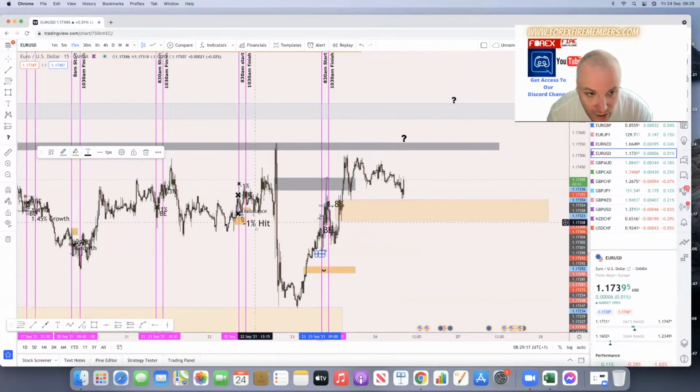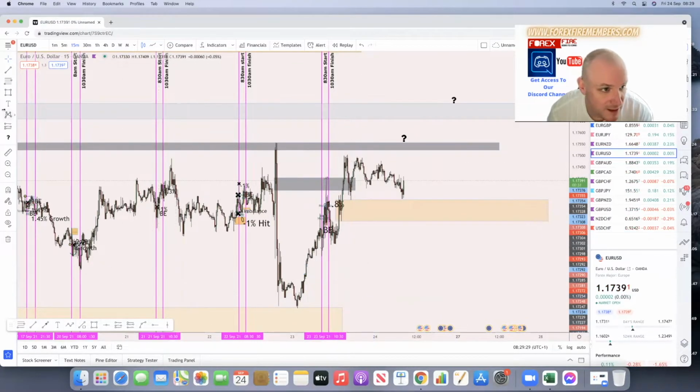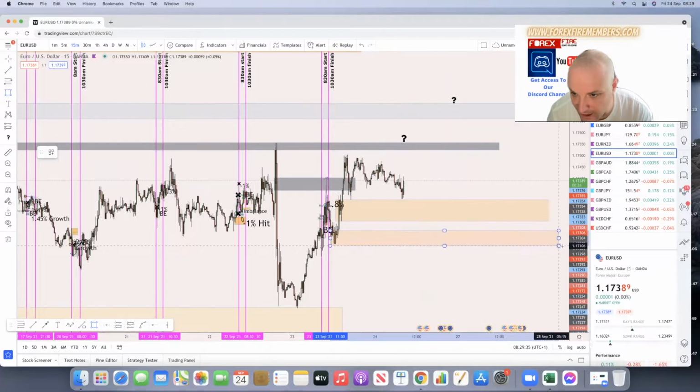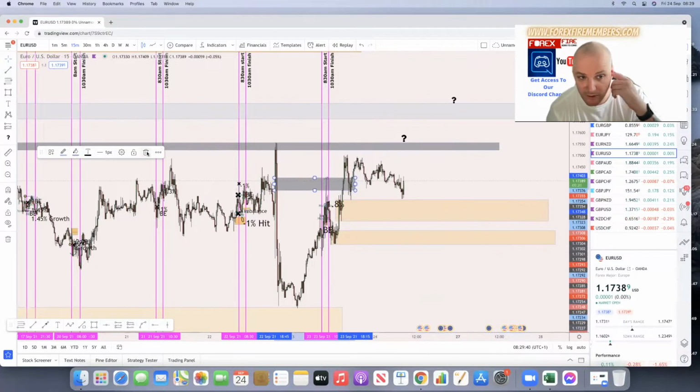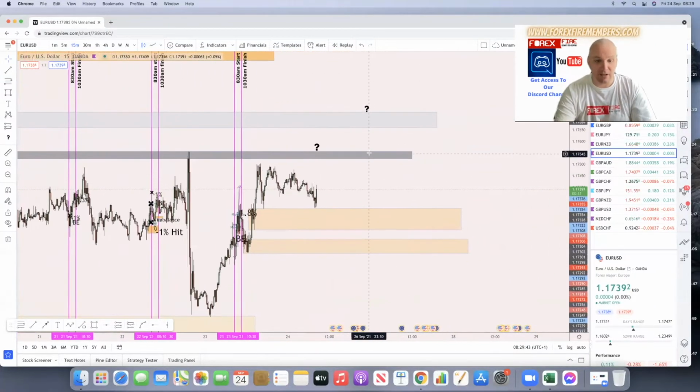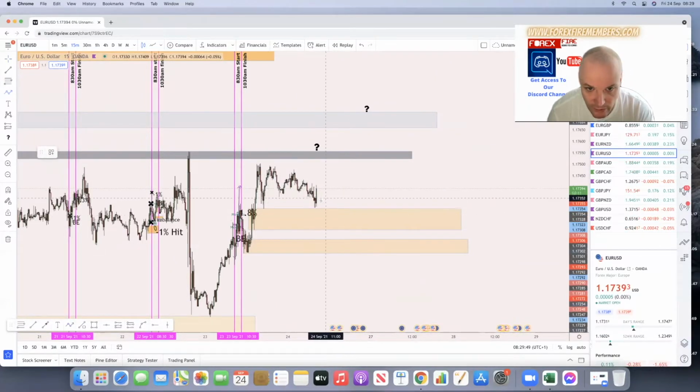Let's just get rid of this, get rid of this. And this is an imbalanced area, which we were looking at yesterday. We'll get rid of that. There's another area that I'm slightly interested in, which is that there. So as far as I can see today, guys, we'll get rid of that one. We've got our plane area, okay? We could technically sort of meander a bit, meet this area here, okay, to then possibly push down to push up,